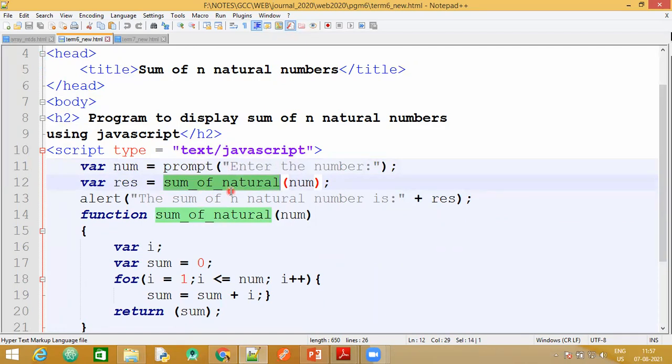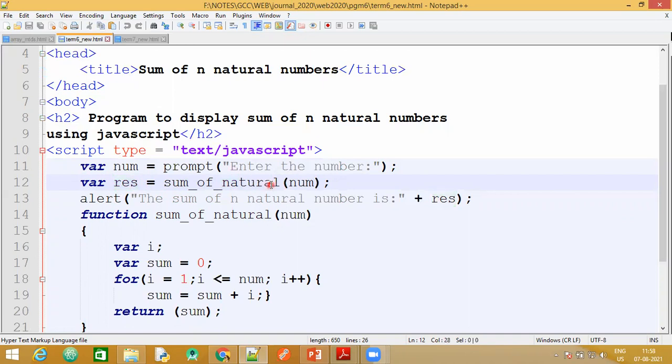Whereas in C programming you would usually write int, then the function name, brackets, the return type again int, comma int. But here what we will do is we will write the function name. Now what is this variable result or res? Res is a return type here. We will make use of a return statement in the function, and whatever is going to be the sum will be returned and stored in the variable res.